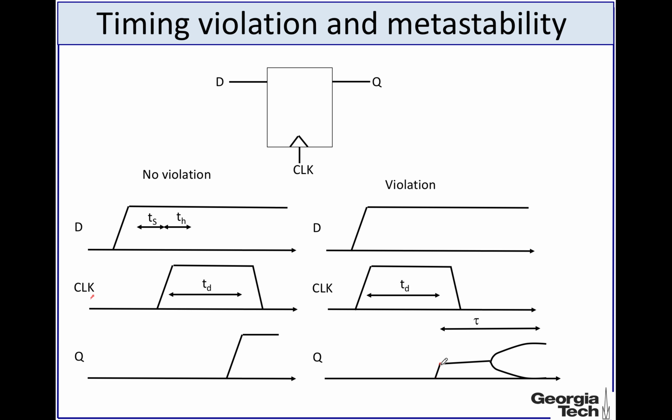So the output, rather than going to VDD, goes to VDD by 2 and stays there for some time, and then finally it may resolve into either a logic 1 state or VDD, or a logic state of 0 or voltage of 0. Now this is what is called the metastable state,